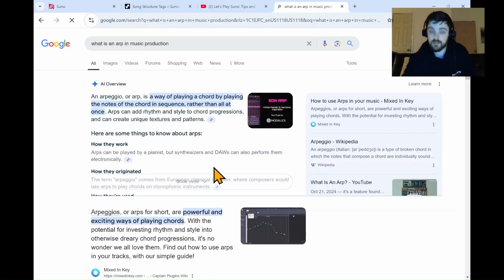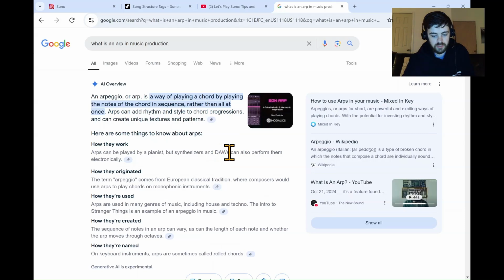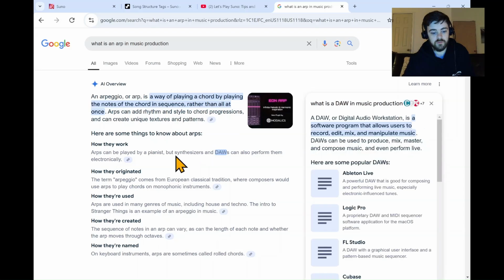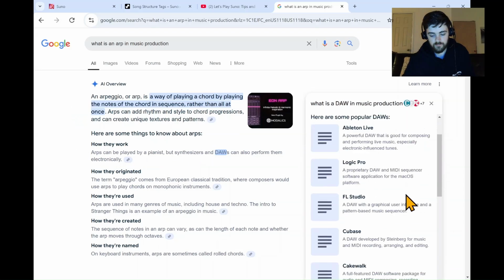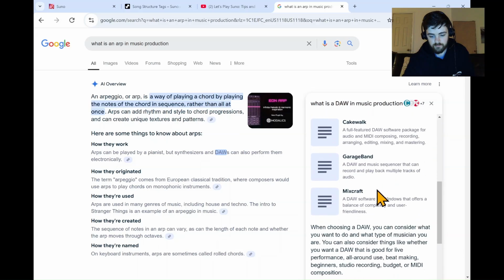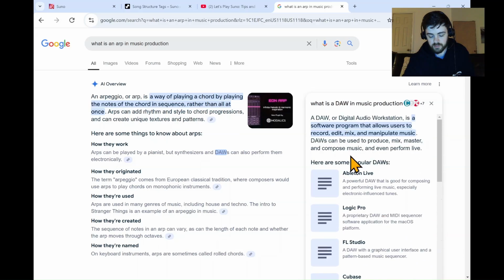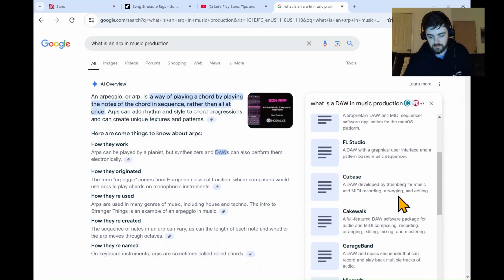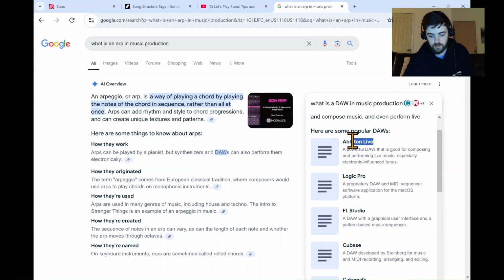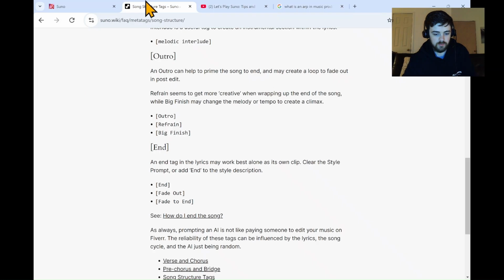If you don't know what a DAW is, that's music production software that stands for Digital Audio Workstation, and the most famous one is Pro Tools, but there's a lot of other ones like Ableton Live. I think Pro Tools is considered a DAW. I always thought it was. I always liked using Ableton Live before, but now I'm doing AI, so it's fun.